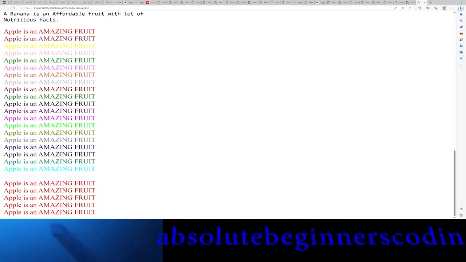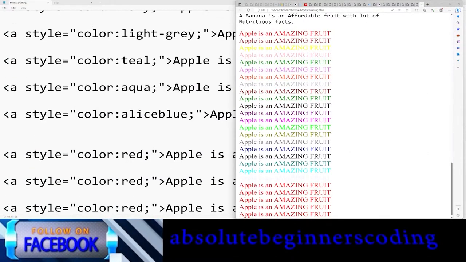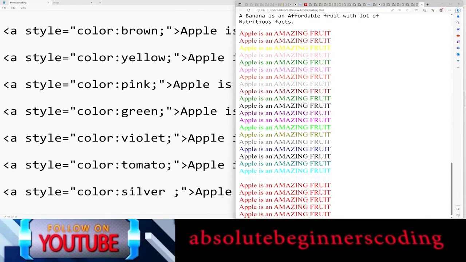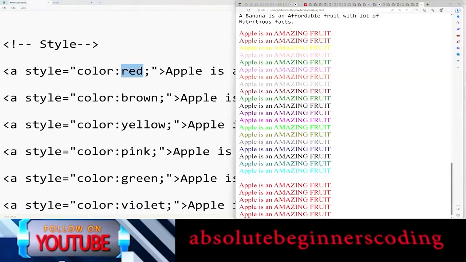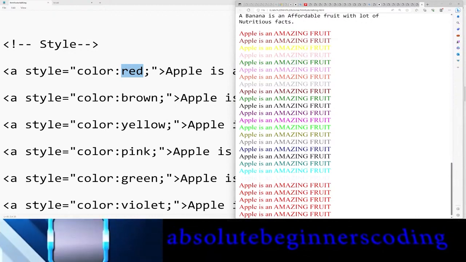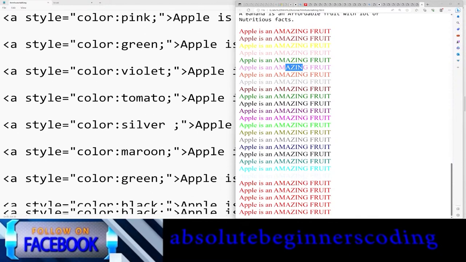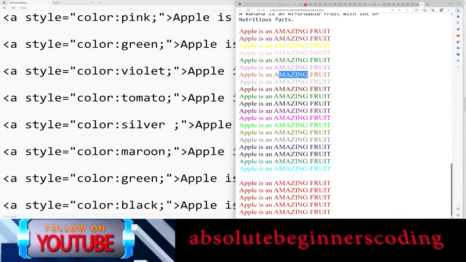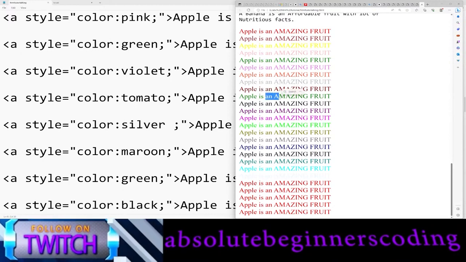So this is red, this is brown. Okay, let me go to the page so that I will have an idea. So what we have done is we have used red, and there it is here. This is red, and this is brown, this is yellow, this is pink, this is green, and this is violet, and this is tomato, which is a color, and this is silver, which is a silver color, and this is maroon, this is green again, this is black,